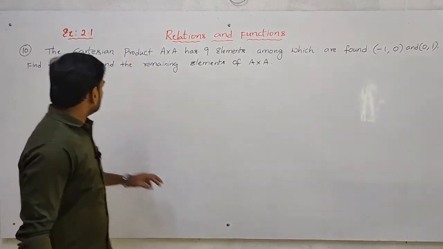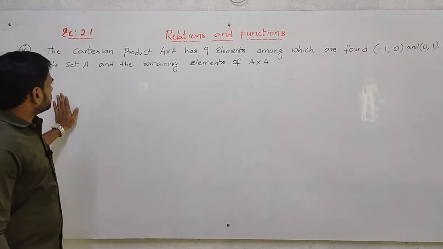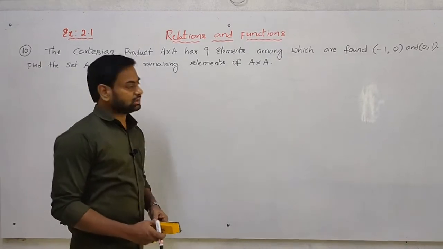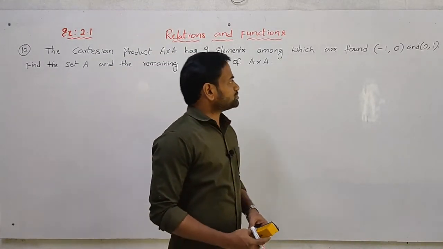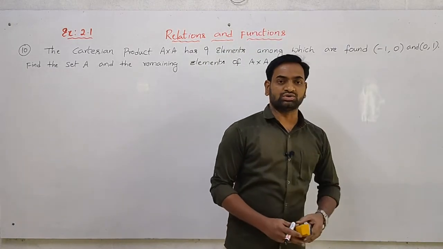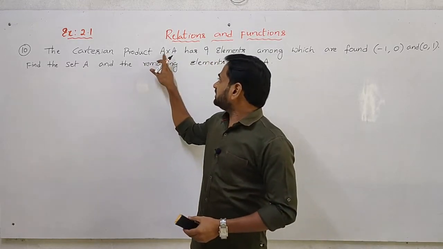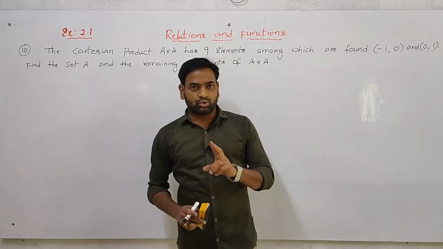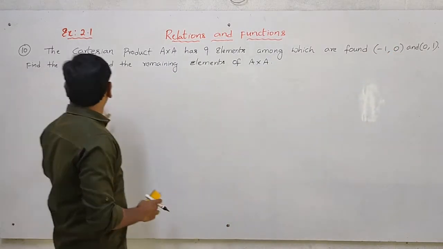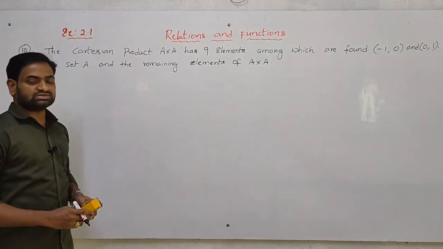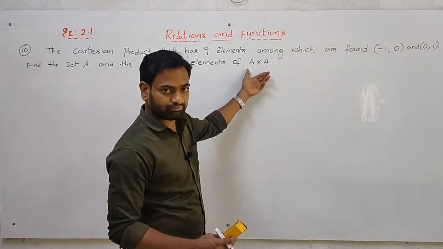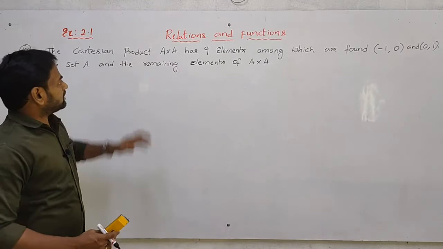Now see the 10th problem. The Cartesian product A cross A has 9 elements, among which are found (-1, 0) and (0, 1). So it is given that in A cross A there are two ordered pairs, (-1, 0) and (0, 1). Now we have to find the set A and the remaining elements of A cross A. See here, by the given information,